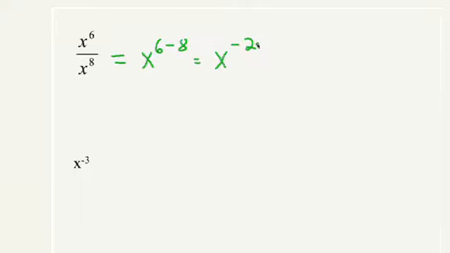A negative exponent simply moves a term from the top to the bottom, or from the bottom to the top. Once you move the term, the negative sign goes away, but the exponent is still there. So for example, x to the minus 2 is the same as 1 over x to the positive 2. The negative sign moves this from the top to the bottom. Once I've moved it, the negative sign is gone, but the exponent is still there. And this is the final answer we're after, because this answer doesn't contain any negative exponents.